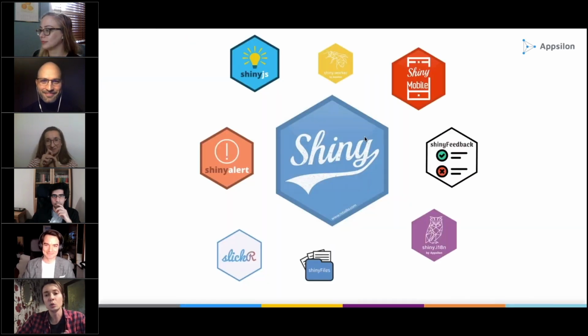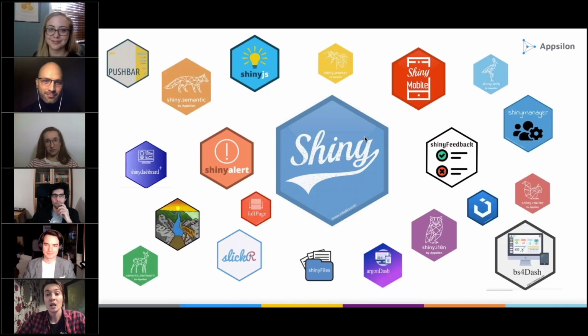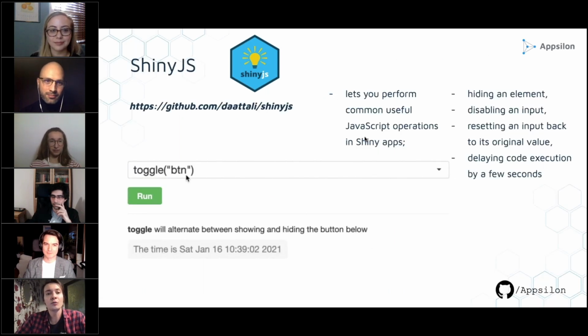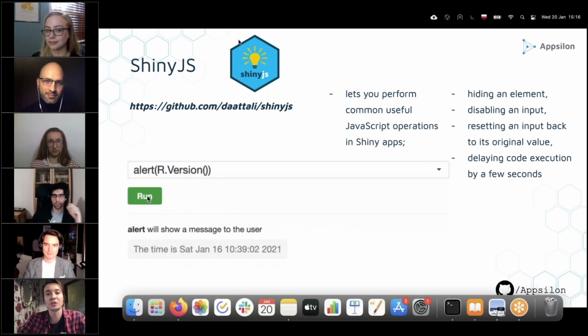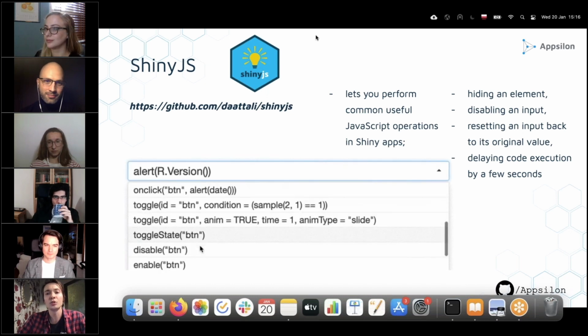But all of that wouldn't be really possible without all of those Shiny extensions that are available now. And every year there's even more and more of them. So there is no way that I could cover all of them in detail during my 10-minute slot, but I decided to cherry pick just a few, without which I can't even start thinking about developing my own Shiny applications. So let's kick off with ShinyJS,